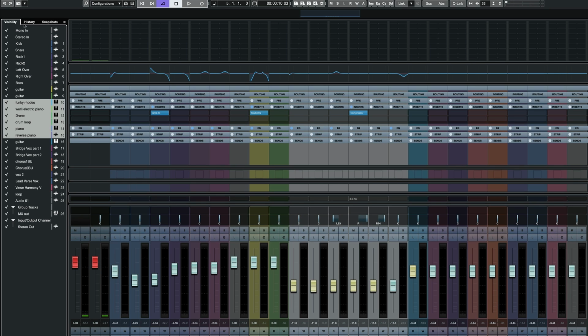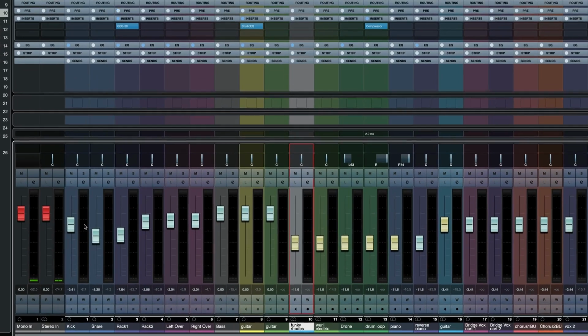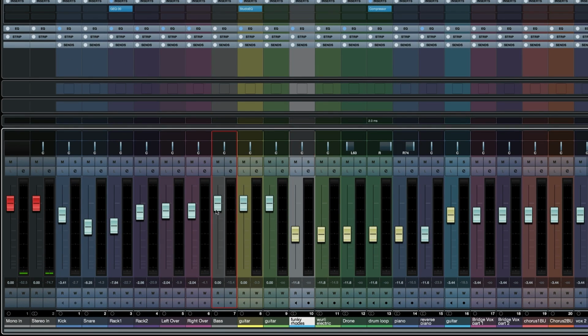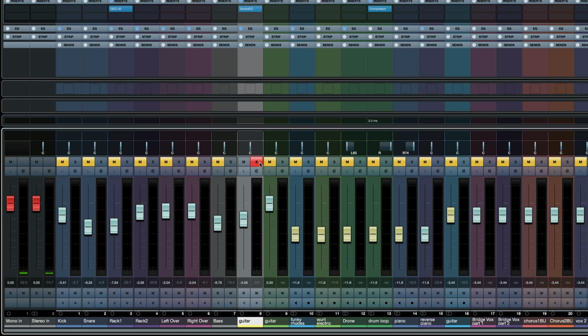So that's the left-hand zone. And let's go to the lower zone, which is really where you'll probably be doing most of your changes. This is obviously where the faders are, your mutes, your solos. If I just want to hear the guitar, there you go. This is the listen button. It has to do with some preset mixes that you can do, but we're going to ignore that right now. You've got your E, which is your edit channel settings.